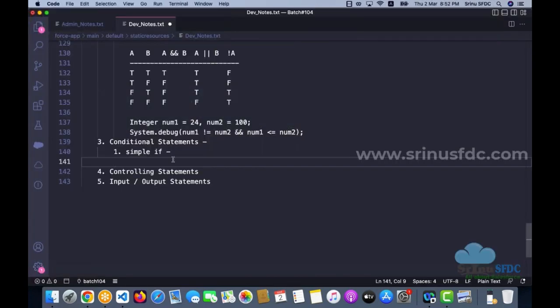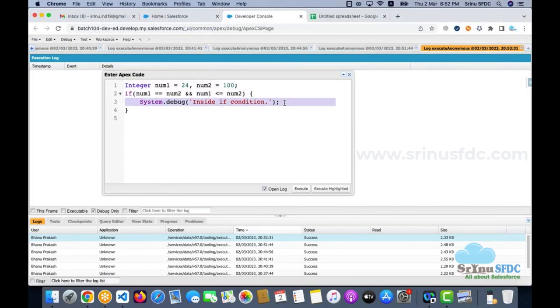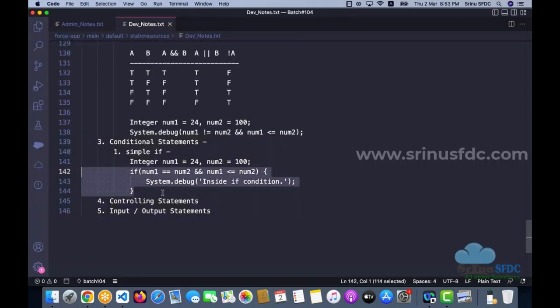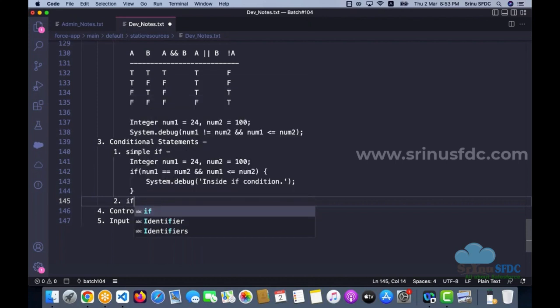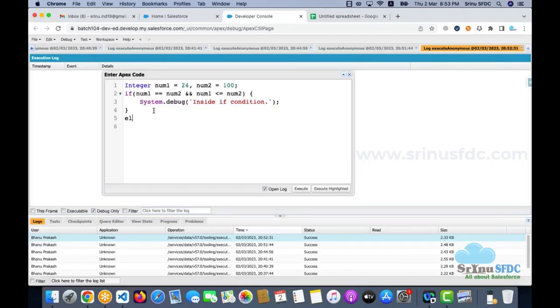So this is the example of the if, right? Sometimes, let's say the condition we are checking is not satisfied, and it won't execute any number of statements. Maybe here only one statement, it can be 100 statements. None of those statements inside this if condition will be executed if the condition is not satisfied. But if the condition is not satisfied and you want to execute another set of statements, that time we use else. That we call if else, right? How does that work? If the condition is not satisfied, it should enter into else, and now here you can give